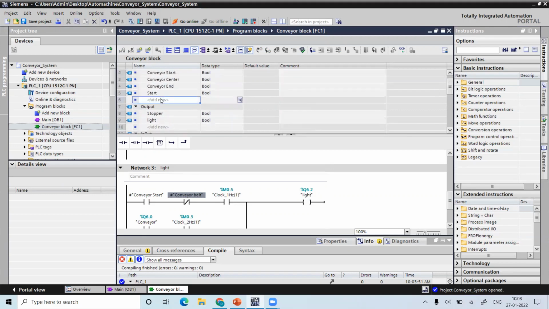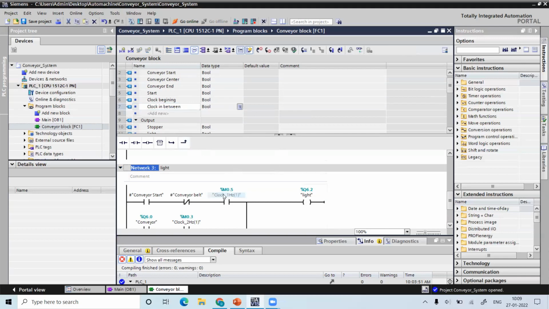My first clock input, I will say clock at the beginning. Clock beginning. Clock during the program, clock in between. So we have 2 clocks.